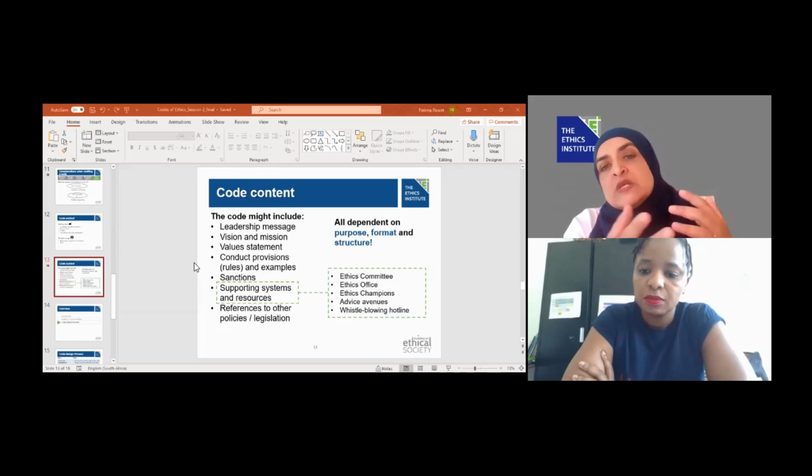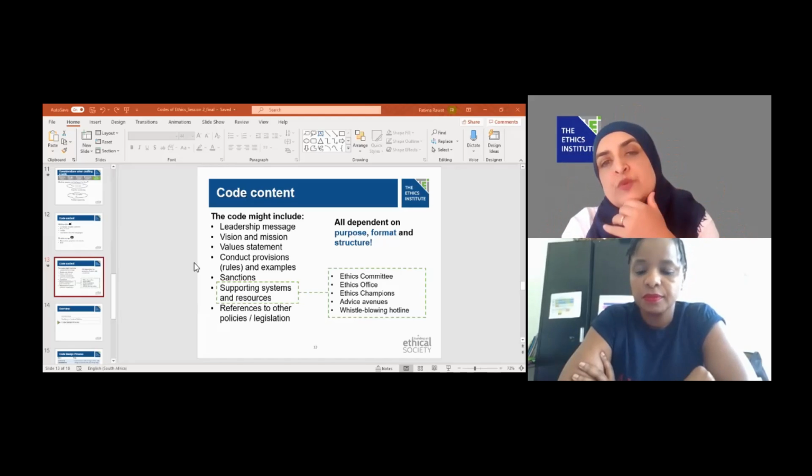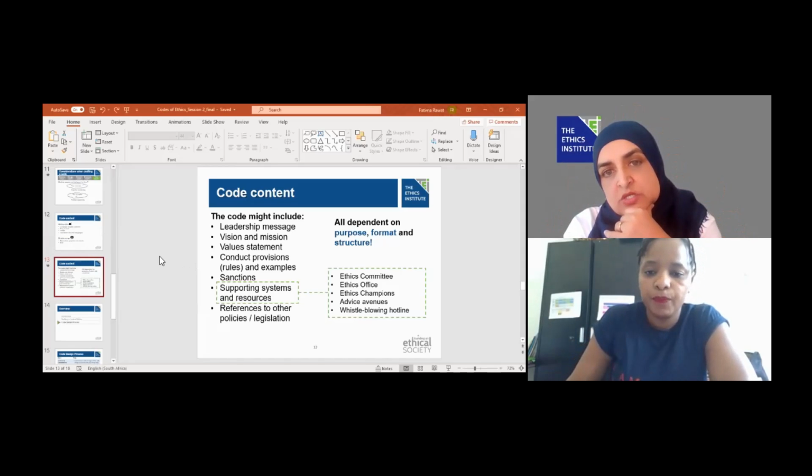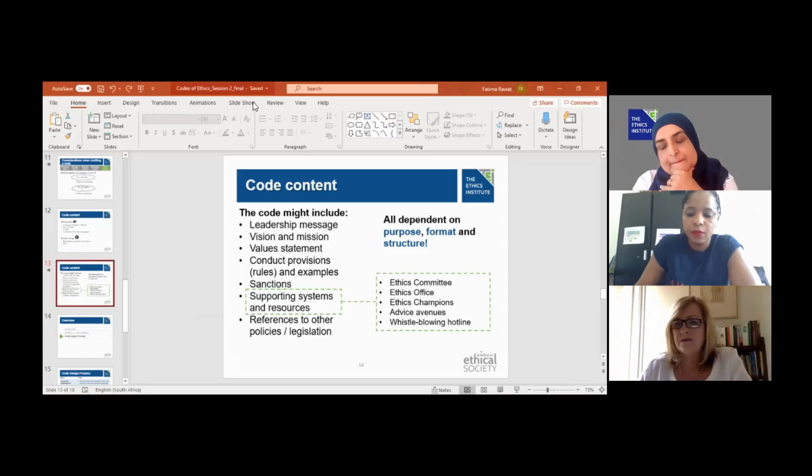And for you as the ethics officer, what you would do in addition to the code is advocate or teach people how to navigate ethical dilemmas. So one needs to really see the code of ethics as a component within the broader tapestry of other initiatives that you would be doing as the ethics officer to contribute towards building the ethical culture within your organization. I'll stop there, Barbara. Excellent. Thanks, Javita. Have you got something to add to that?